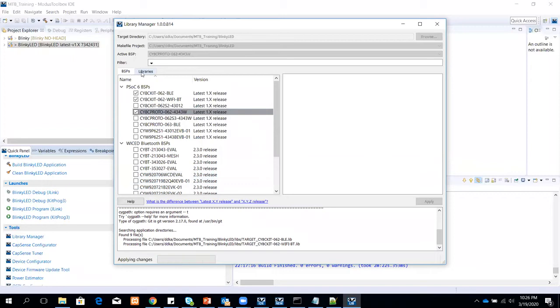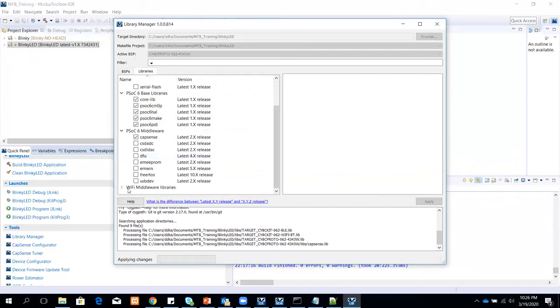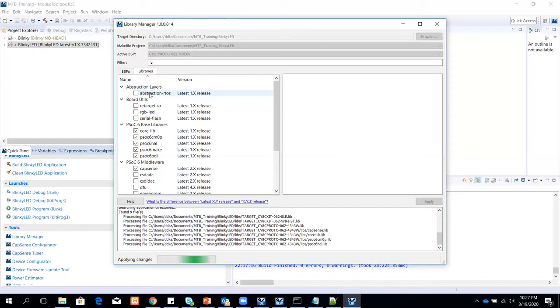And here you notice there is another tab for libraries. And if you drop down each one of them, you will find the different libraries which are supported right now. We have the abstraction RTOS, which basically allows you to talk to FreeRTOS or RTX kernels directly, just have an abstraction over it. So you need not worry about what RTOS you're using, but on a high level, it basically supports FreeRTOS and RTX.